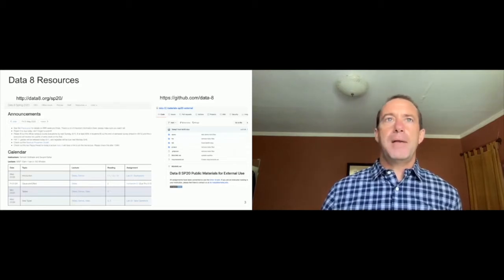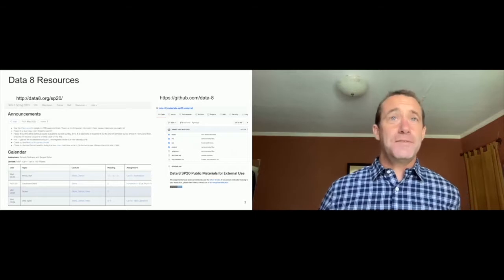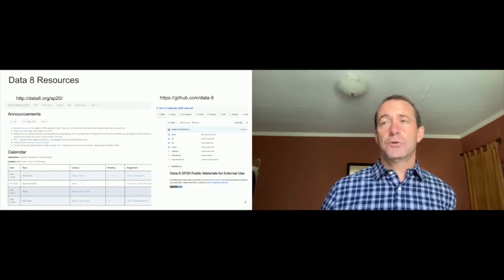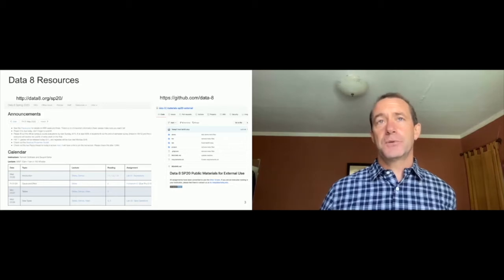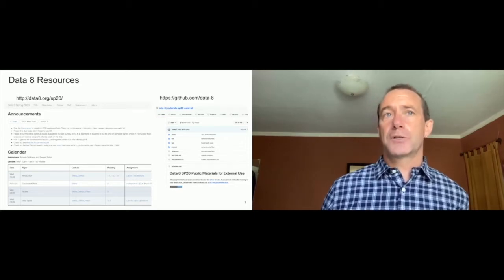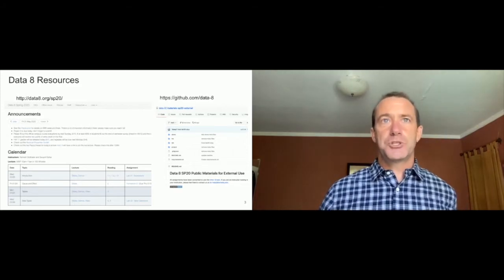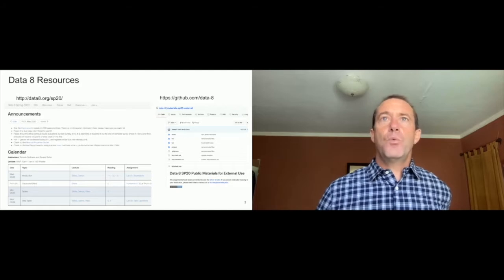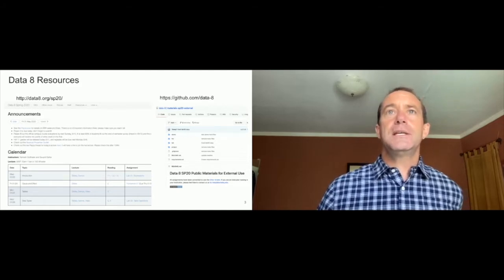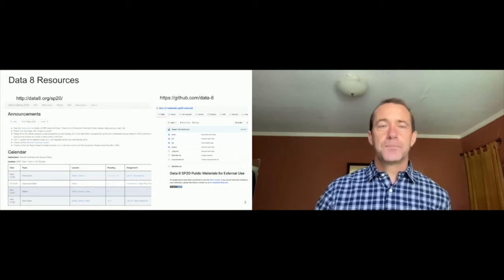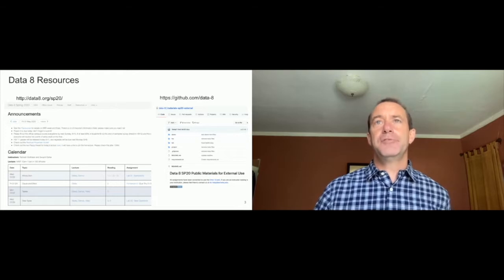Now, in many of the semesters, the videos or the slides may be locked to only UC Berkeley. And certainly, if you click on the Jupyter notebooks, it would take you to a Jupyter hub that will be locked to only UC Berkeley. But you can see the syllabus, you can see the textbook chapters. And if you know what you're doing, you could see the names of the homeworks and the assignments. Those are publicly viewable on the GitHub page for Data 8.